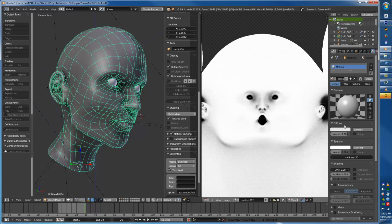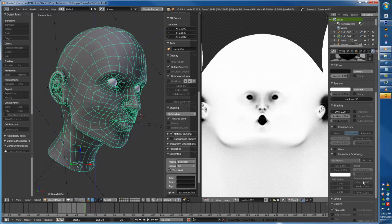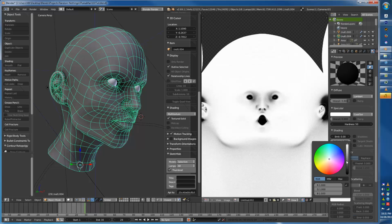Add a new material, we're going to make this one dark, turn off specularity, turn off front scattering, turn this one up to 2, 6, 3, 1. That's just how I feel today. I'm just feeling like